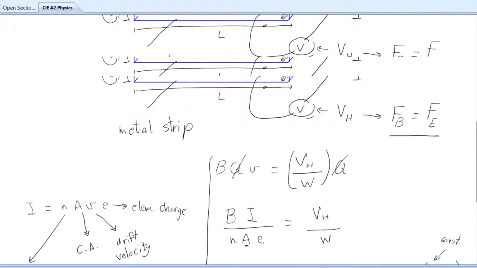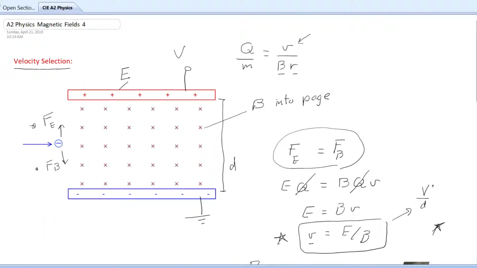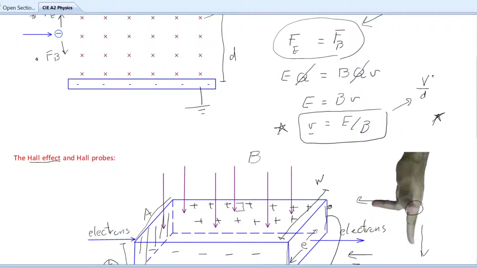Or you can be asked about an electron or a charged particle not deviating inside two fields, electric and magnetic, and you can equate the electric force with the magnetic force, resulting in a velocity selection equation, which is E over B,